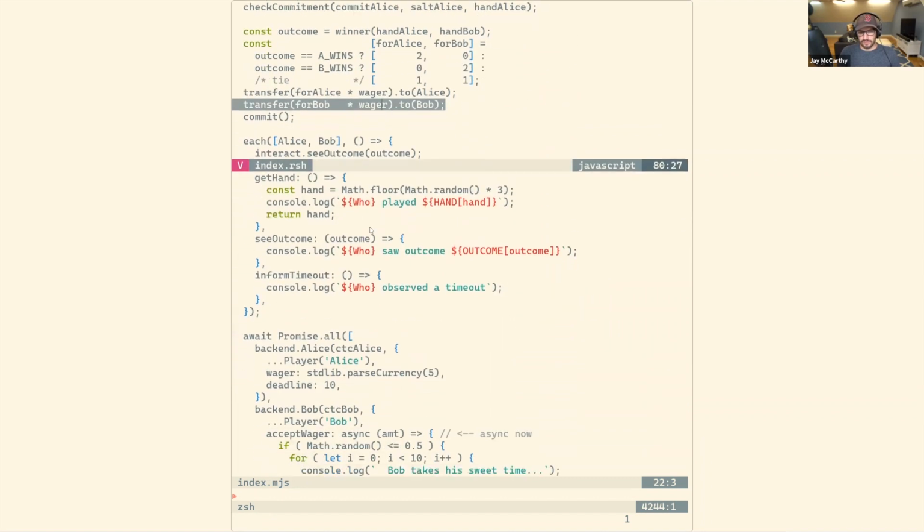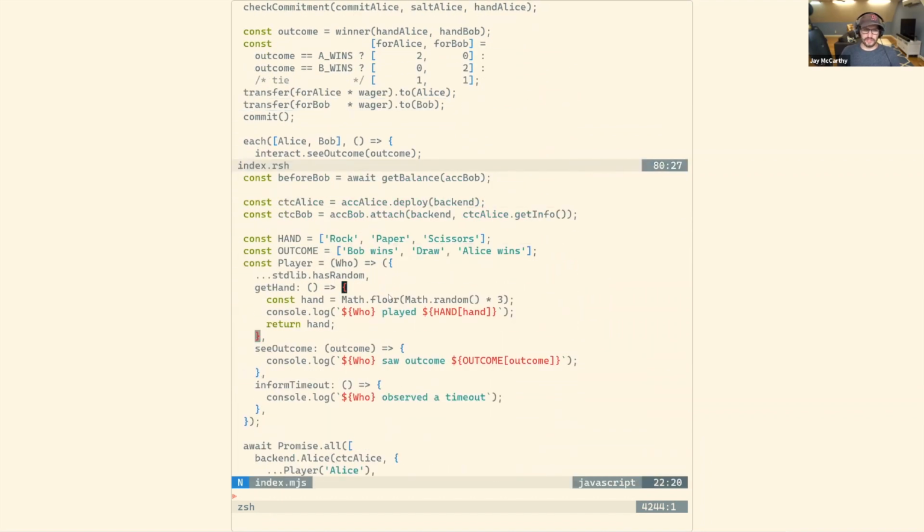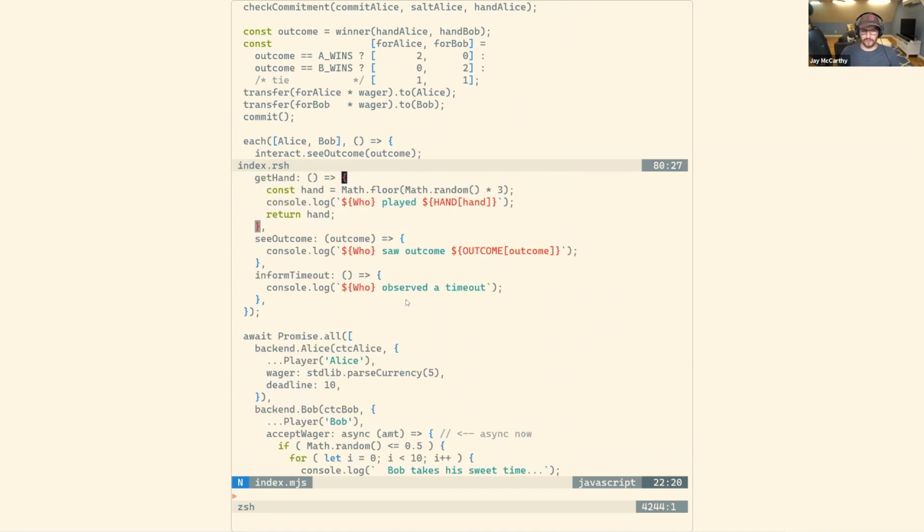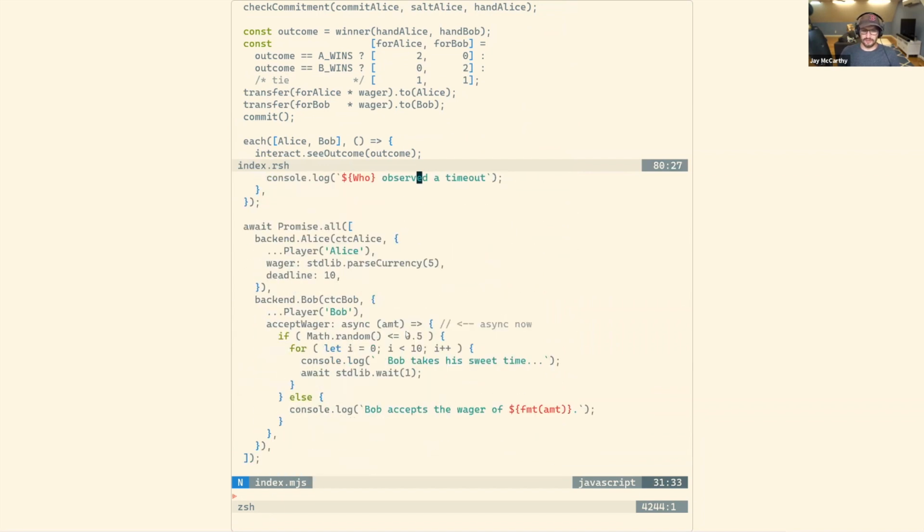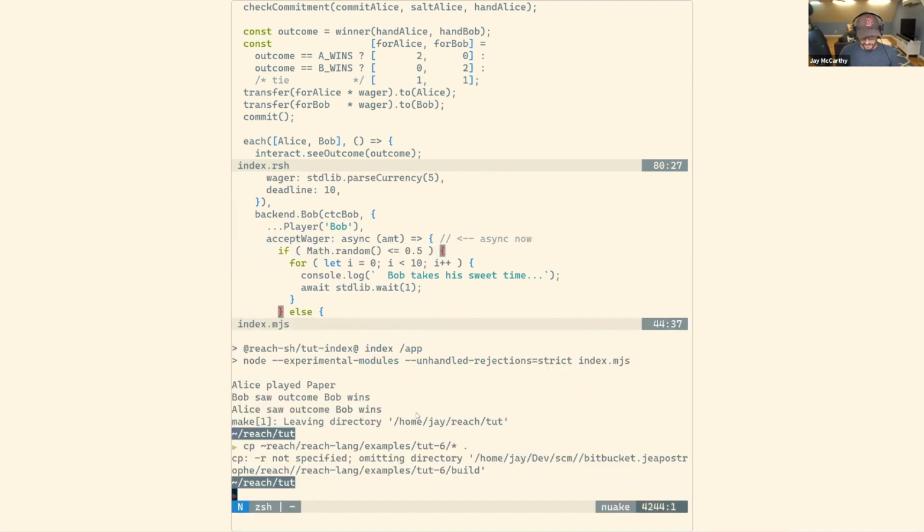So if we look at the program, we see that most of it is the same. Get hand is still chosen randomly. We see a little message for observing a timeout. And then Alice is going to propose a wager of 5 algo and a deadline of 10 blocks. And Bob will accept everything. But sometimes when he's asked to accept, he's going to flip a coin, and 50% of the time, he's going to delay for 10 blocks before responding, which will result in a timeout. So if we go run the program,